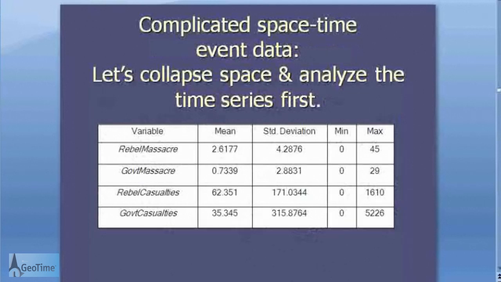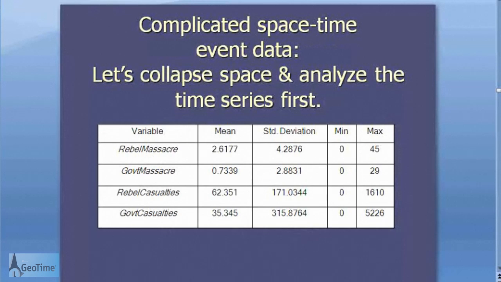And so I didn't really know what to do, to be honest. I had this really complicated event space-time data that had many different variables and attributes. And so the first thought was, okay, well, let's collapse space and at least analyze the variation in time over the 41-year-long period. So I aggregated all the events up into monthly count data for the massacres, the casualties, the